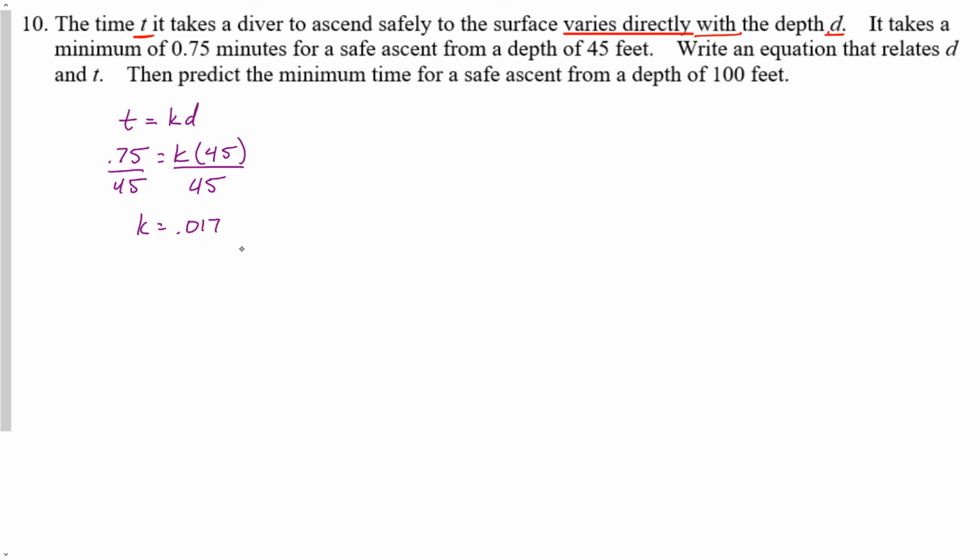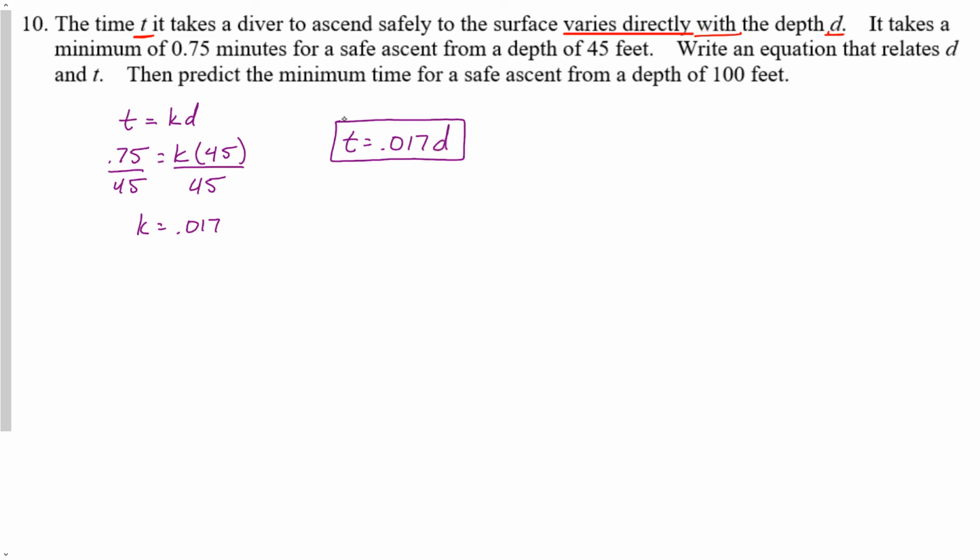So now, just like earlier in this section, once you have your constant of variation, you can write the specific formula, or the equation rather, which in this case is t equals 0.017 times d,